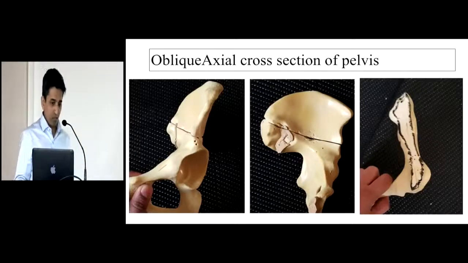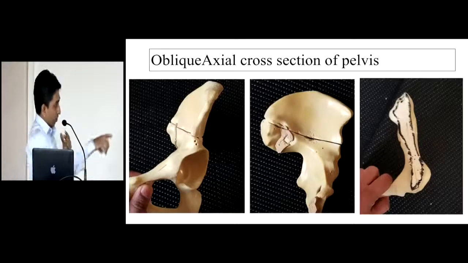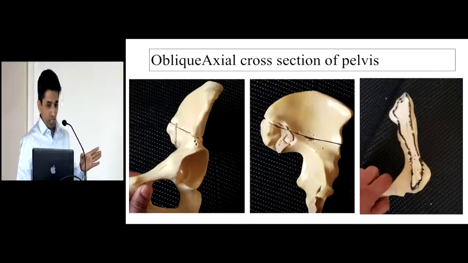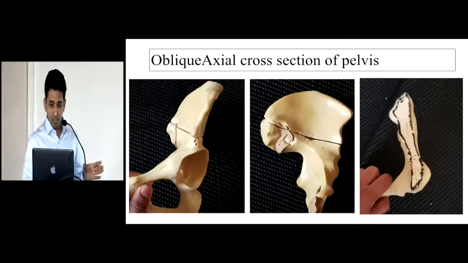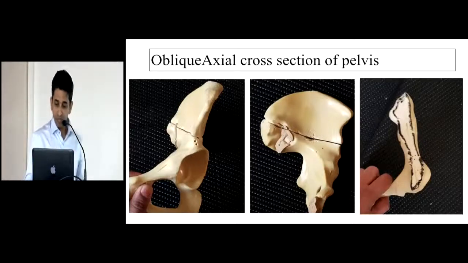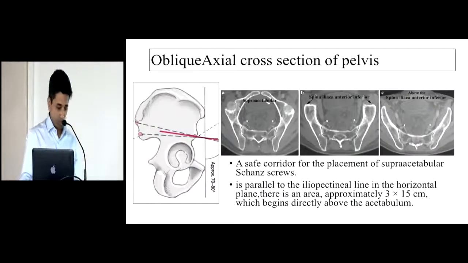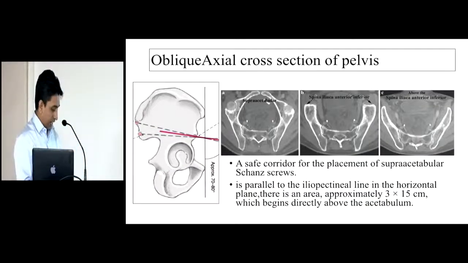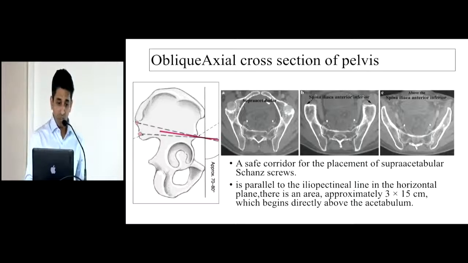For the supraacetabular fixator, if you take an oblique cross section of the pelvis and see it from the top, that is in the left diagram, you can see that there is a nice corridor from the AIIS to the PSIS. So there is a nice corridor between AIIS and PSIS, and that can be utilized for passing the external fixator pin. So that's how it looks on the CT. At different levels, we have different shapes of this corridor, and we can definitely pass a very long length of a pin that can start from